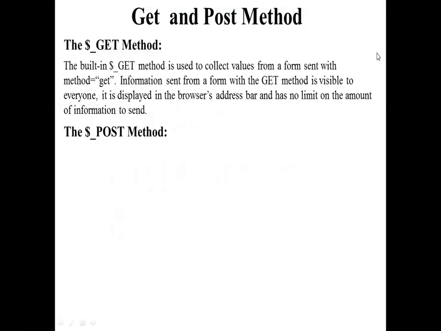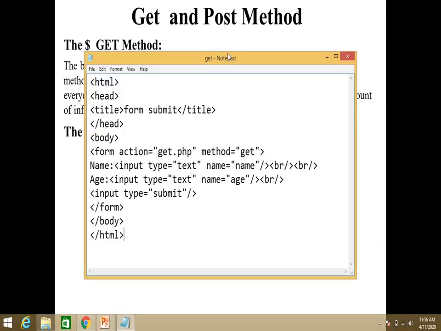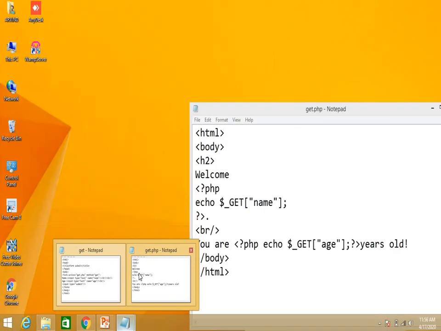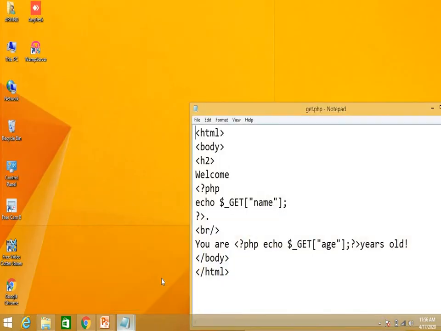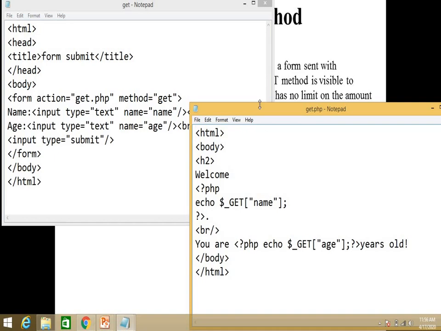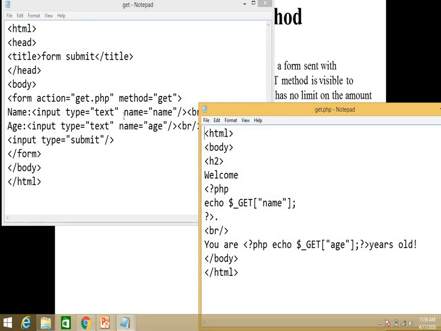See, the important thing is that here you have given a name for this. So you have to access these values when you are processing your form. So here you have to use echo $_GET['name']. This name you have to call. This property you have to access over here. And then age, so this is $_GET['age']. So whatever you are writing in name now, that you have to access in this through the get method. This is clear?